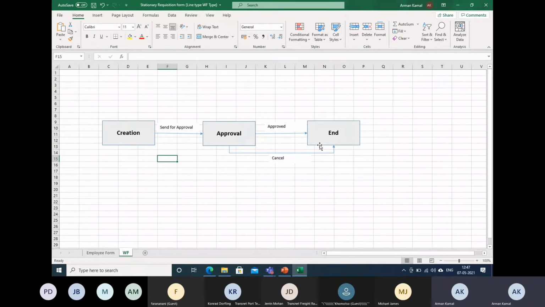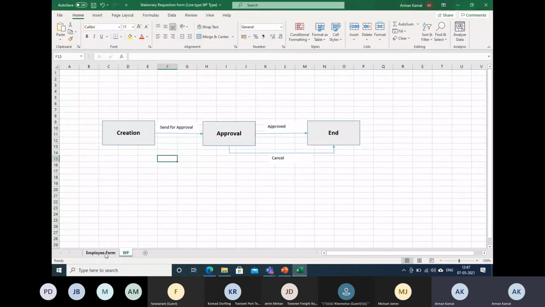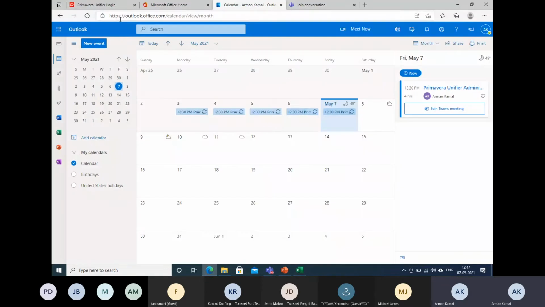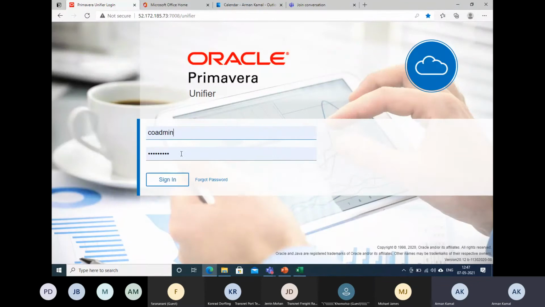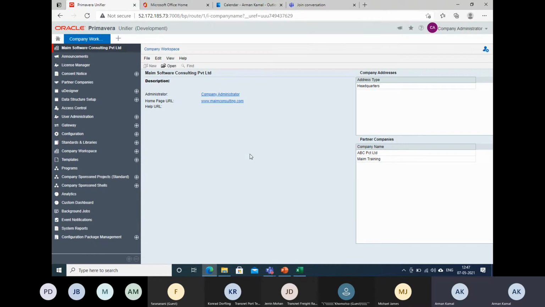This time I'm going to create very few fields, and I will try to use a lot of shortcuts. So let me log in. Now, how to create line type of BP.